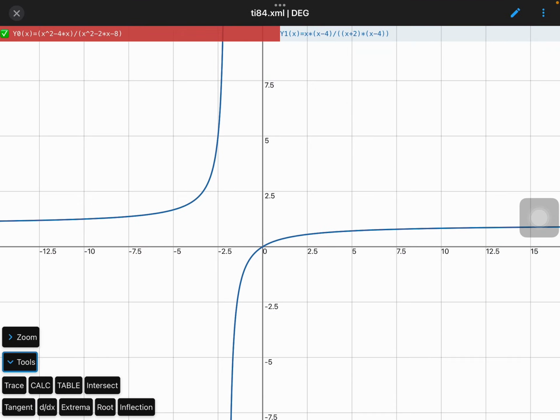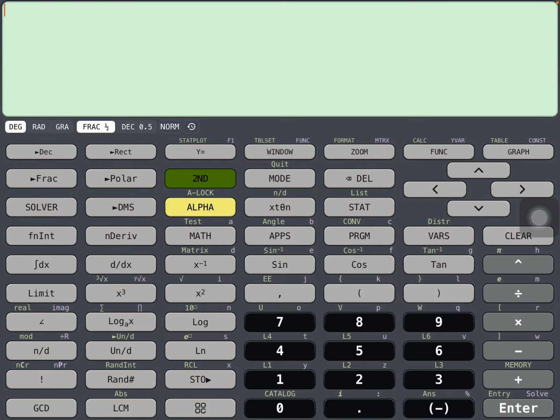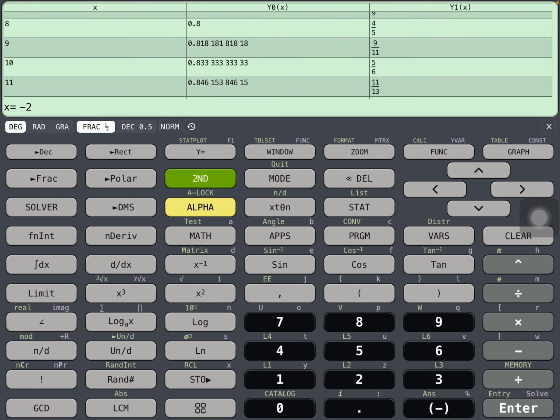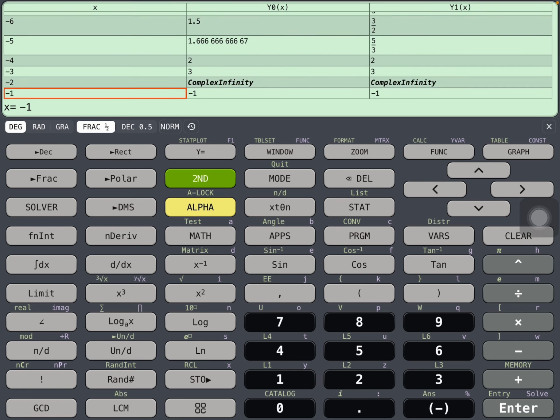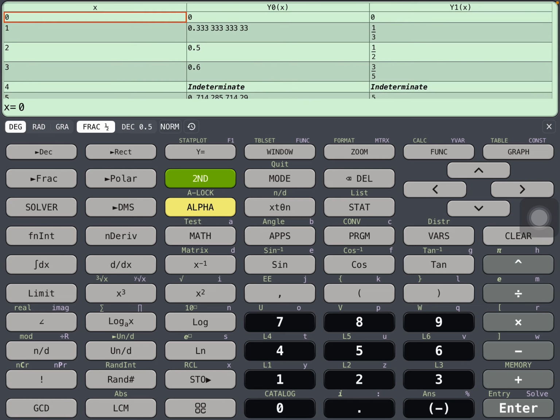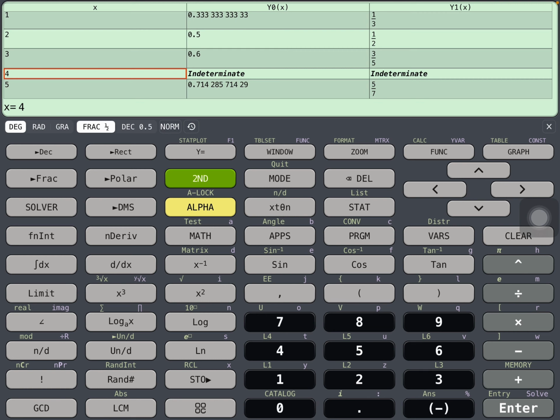Go back to the graph. We can see right there at x equals -2, we've got an asymptote. Go back to the table. So here we are at -1, -1, fair enough, 0, 0, and then on to 4, indeterminate. Indeterminate is going to be that